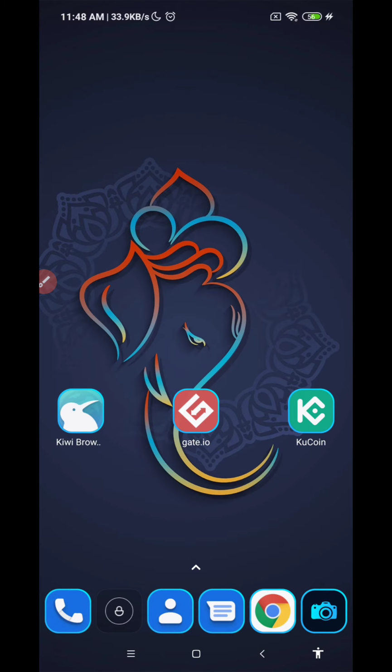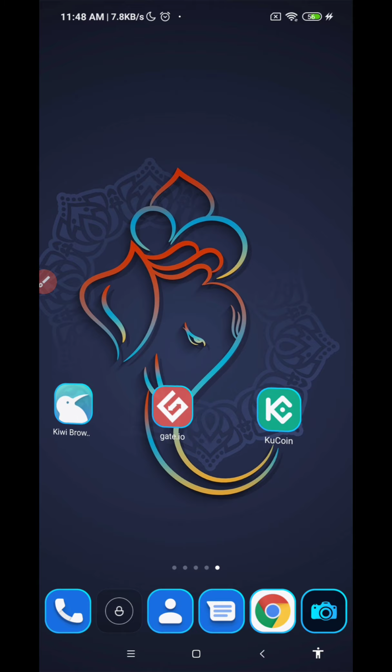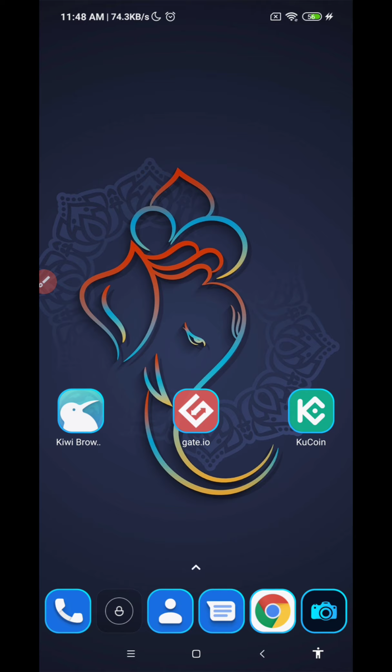Now you should install another app. I will give you the link in the description box. Install the KuCoin app, and open it. KuCoin will be useful to send directly to a bank, guys. In gate.io there is no such function, but in KuCoin the option is available. I have given that app only, guys. You can do it with various apps, PayPal, etc. You can see in the next few minutes, guys.